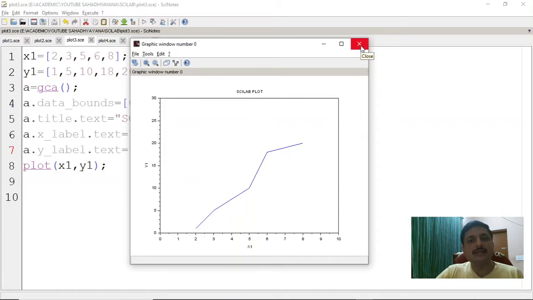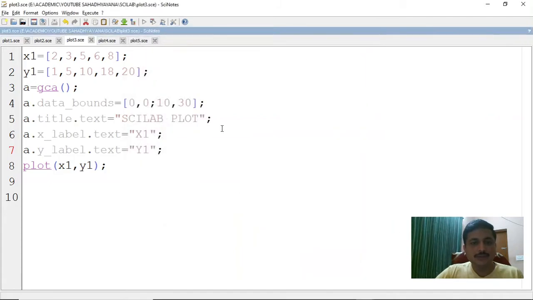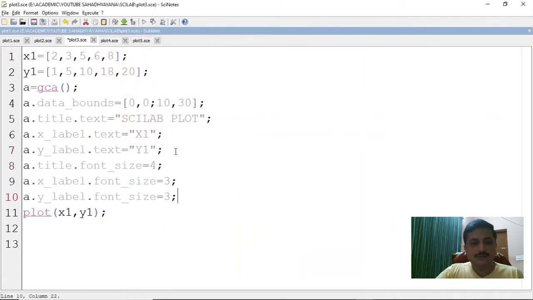Now sometimes you feel that the default font size is not enough or it's not very attractive, then you have different options. You have the option of changing the color of this font, the size of this font, and the font itself. But for today's video purpose, I'll just show you how to change the font size. You can obviously explore the rest later on.